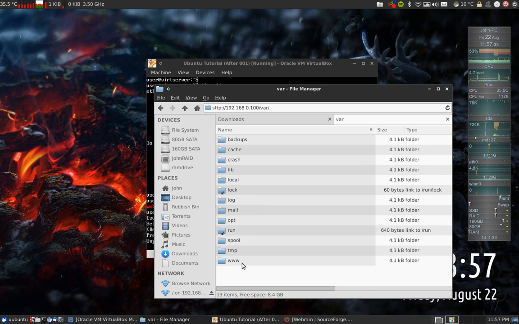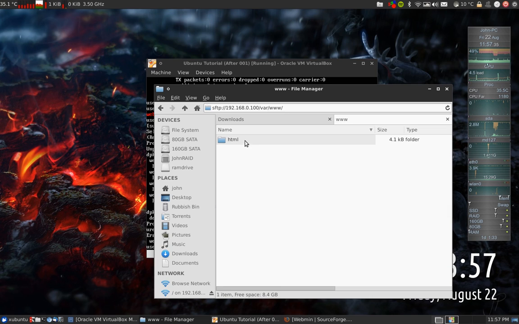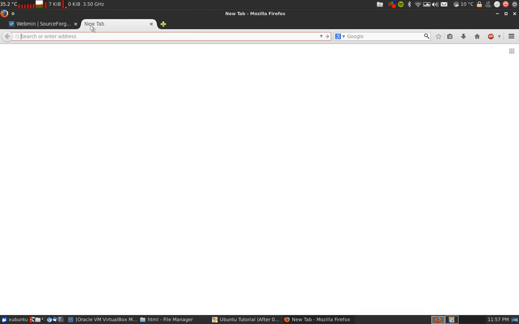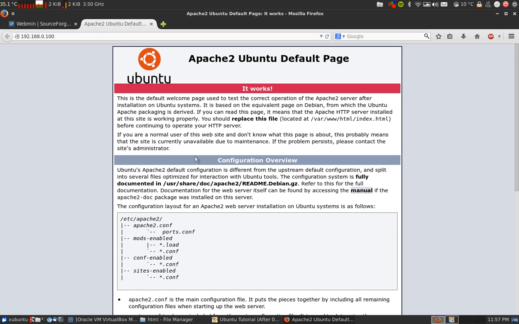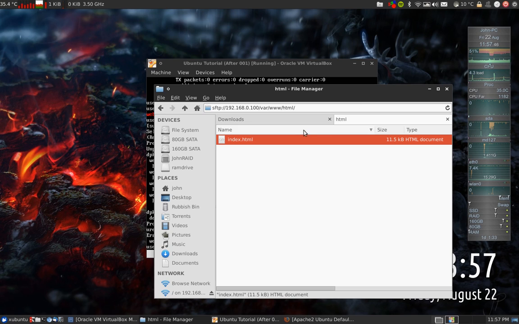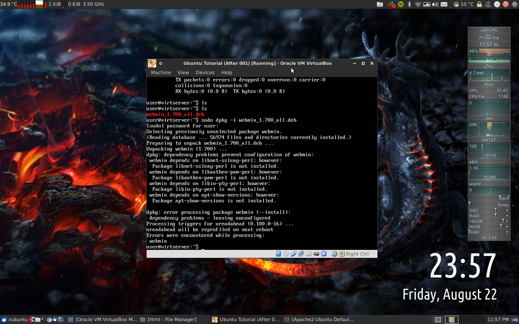and the default web directory is var www html. This file is what comes up when you go to the IP address. This is the default file, and in this folder is where you put your website files, which we will come to later. And as we can see here, our installation is finished, but there are some errors that we need